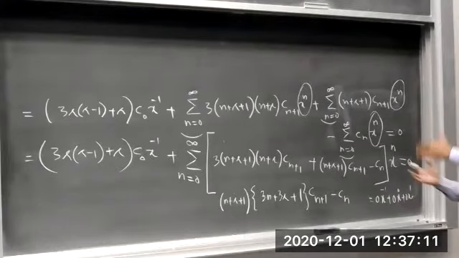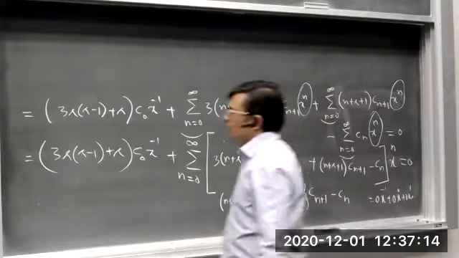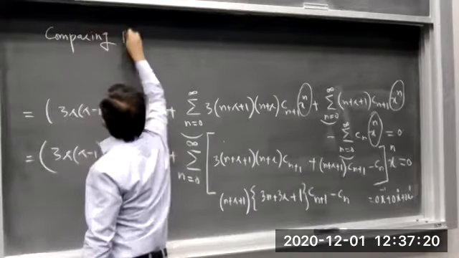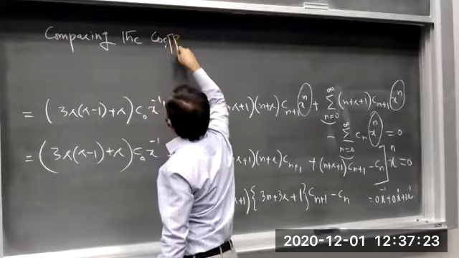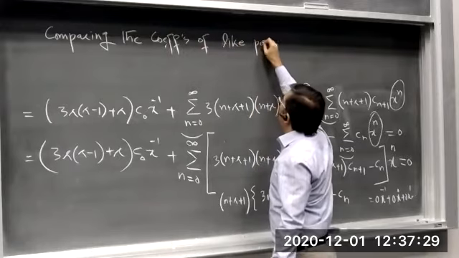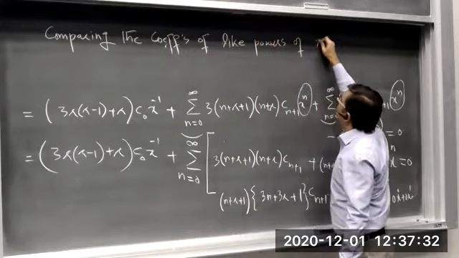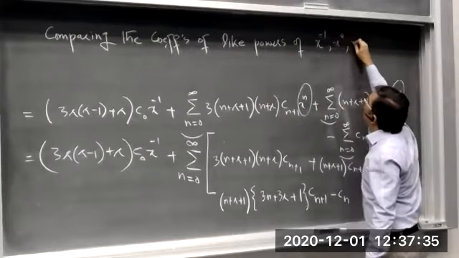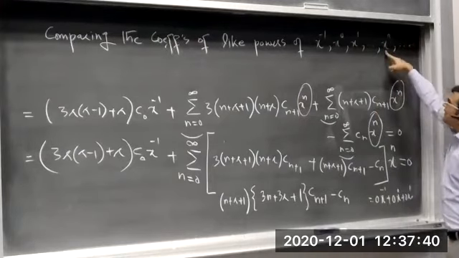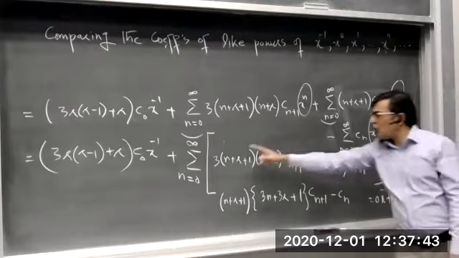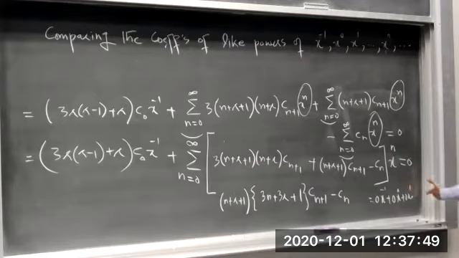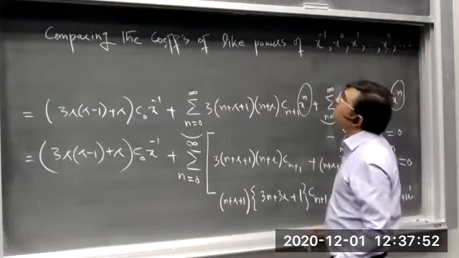So comparing the coefficients of like powers of x, or same powers of x, x minus 1, x 0, x 1, in general x power n, and so on. What is the coefficient of xn here? This is the coefficient of xn, and in the right hand side all the coefficients are 0. So we obtain here,